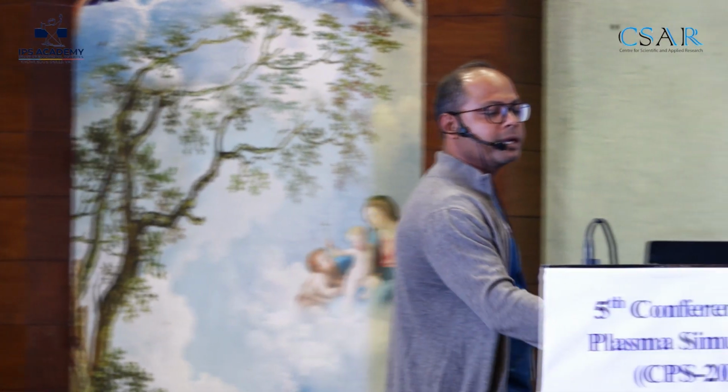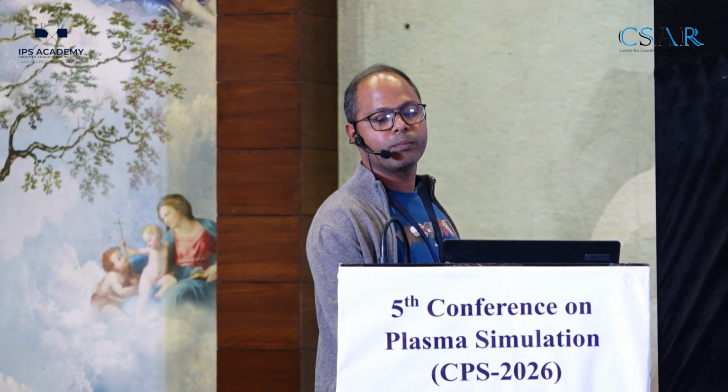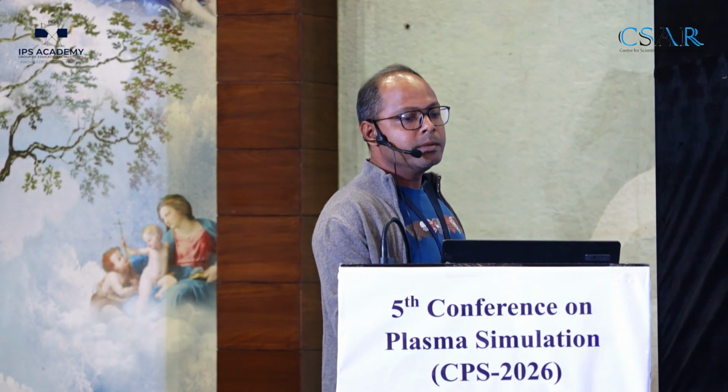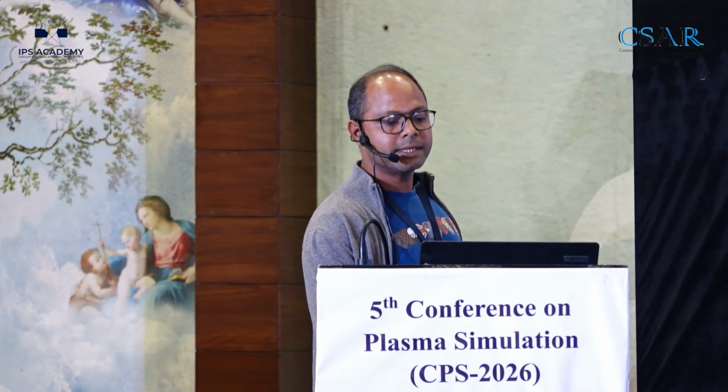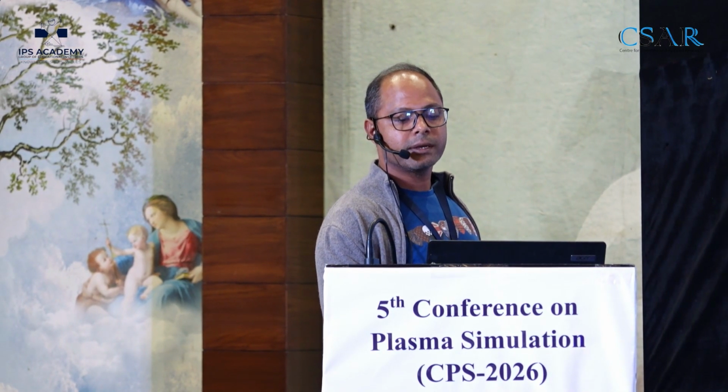So the corresponding current density due to guiding center drifts will also have these three components. But if you also look at the magnetization current, which is the current density component coming from the gyro motion, then you will see that the magnetization current also has three terms,